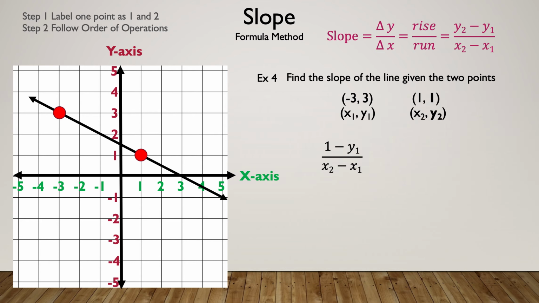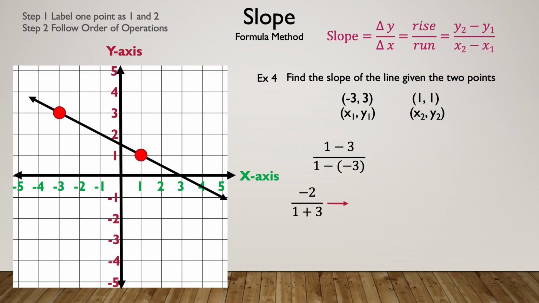So we can substitute 1 for y2, 3 for y1, and 1 for x2. We can substitute negative 3 for x1 and put the parentheses around it. We have substituted correctly. Now we can do the order of operations, and that gives us negative 2 over 1 plus 3,